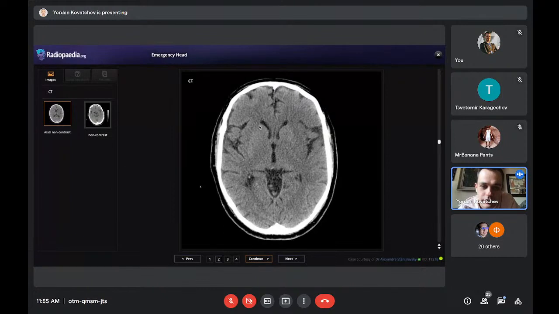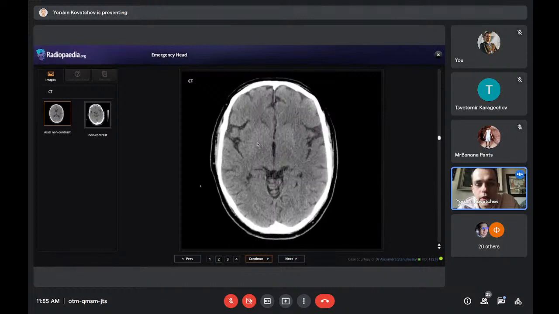What he meant by this is, you see on the right side the insular ribbon, or the cortex here. This is gray matter. You can see it pretty well. I know it's not easy the first time, but you can see the cortex pretty well on the insular region, and below it is white matter, the white matter of the external capsule. You can pretty well differentiate between the two of them, right?